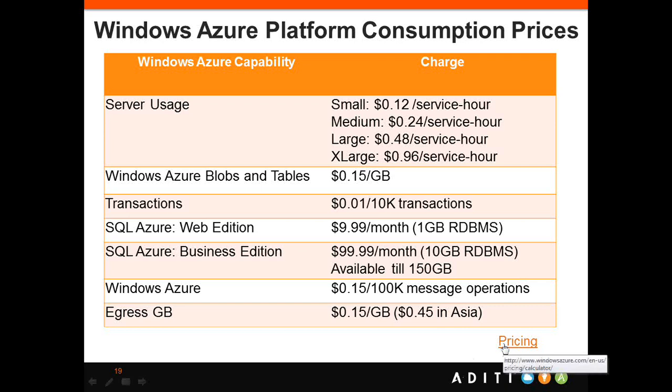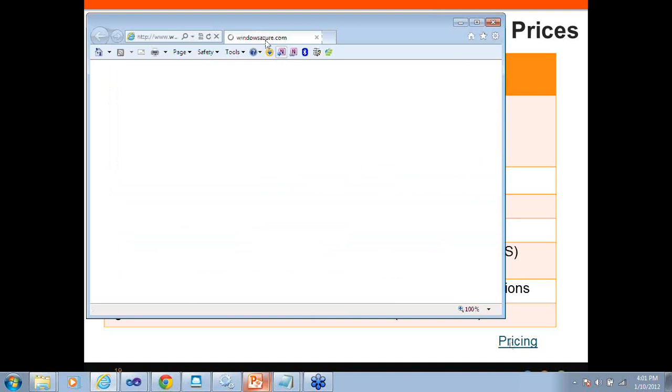For further details, you can go to windowsazure.com and the pricing calculator. I'm just going to show you here, so that you can see how charges vary. Earlier, it was very difficult to figure out how many servers, how much I'm going to be charged, and those kinds of things. There are a lot of pricing calculators available online. This is one of the very quick and easy ones, where you can quickly see the upfront cost. So here I say I have small. If I say 4 instances, database, I'm saying okay, I need 100 GB of data.